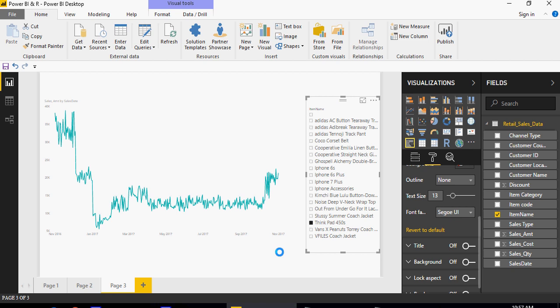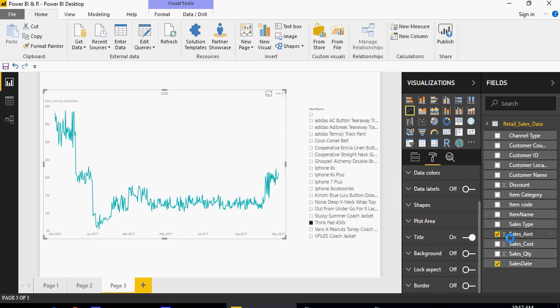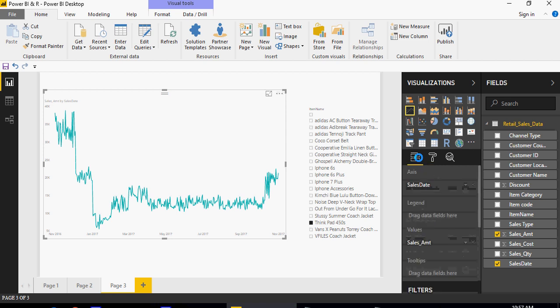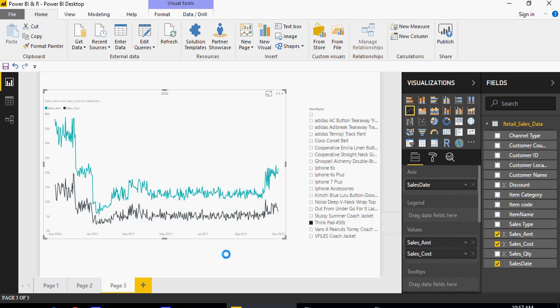Now let's compare it with sales cost. So I'm gonna go here and click on the chart here and go back to the fields section. From the sales cost, I'm gonna bring in sales cost and drop it here. You can see the visualization,